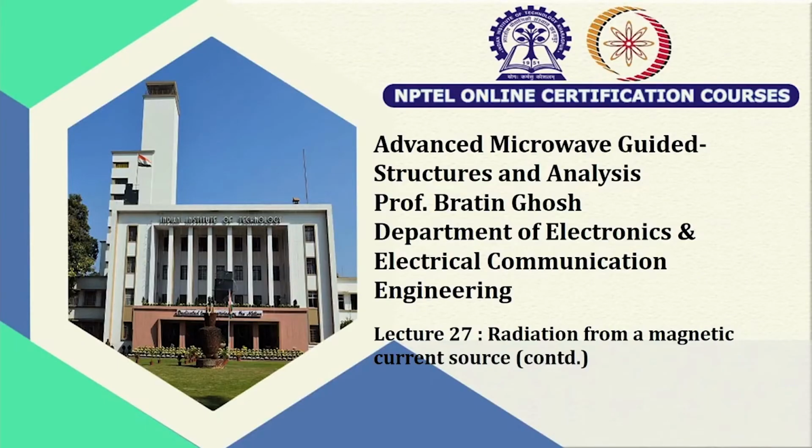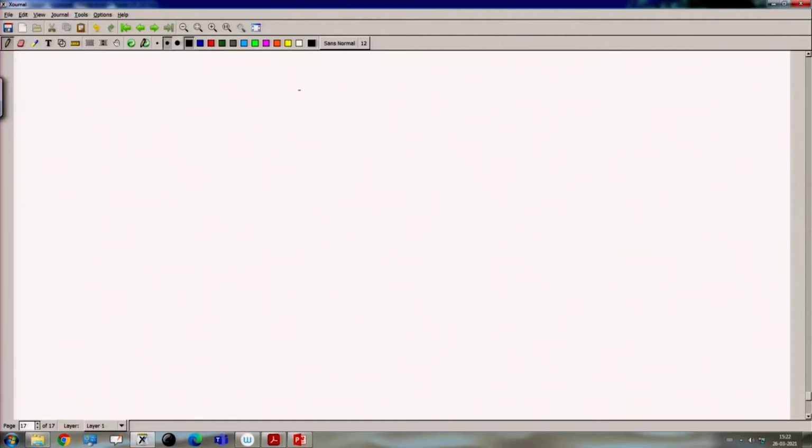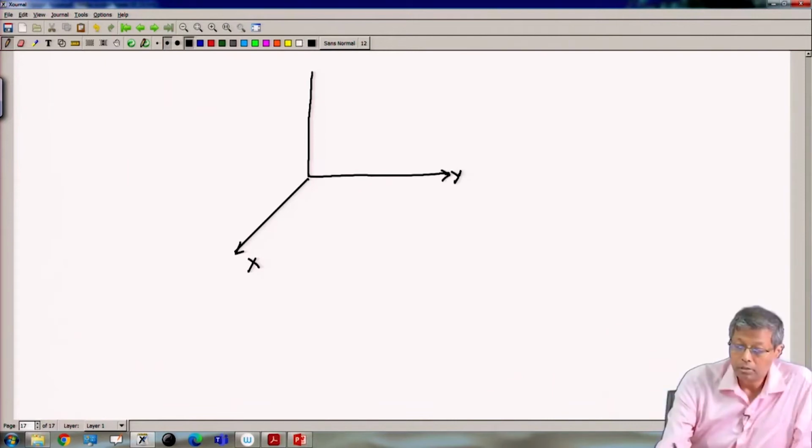Welcome to this session of lecture on the radiation from a magnetic current source in a homogeneous medium. We will be computing the spherical wave components due to the magnetic current source. So, let us draw the x, y, z coordinates for this problem. This is x, that is y, and that is z,